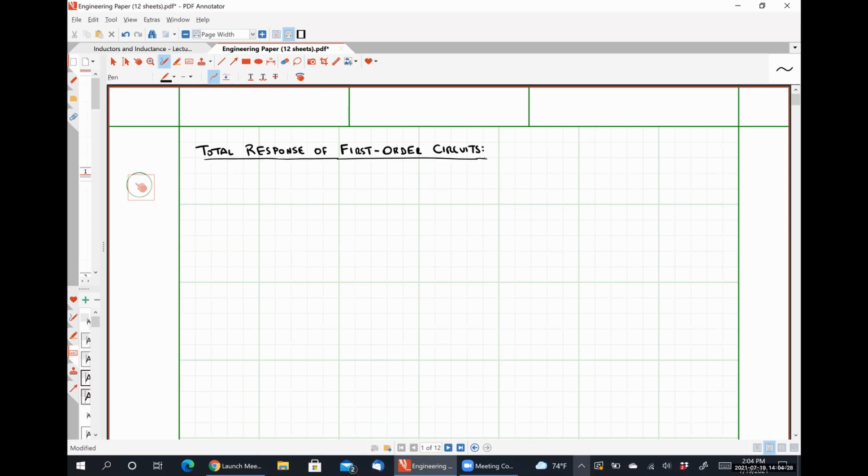So to this point, we have learned about what's called the natural response. Okay, and so the natural response is effectively how a circuit behaves